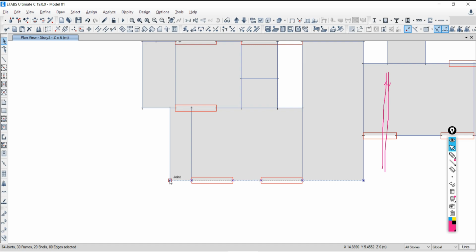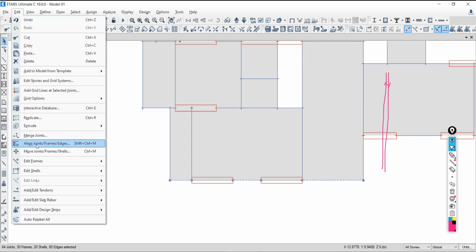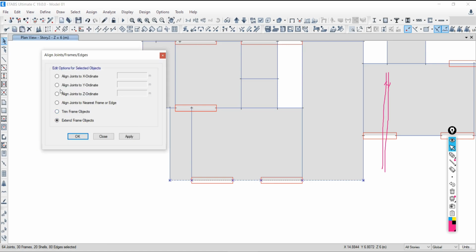About y, sir? Yes, now you got it. About y we have to correct it. Okay, just go to edit, go to align, joint and frame and all. Click over that. About y, find out the point. It is about y, meaning 5.4552. Those who are not getting it, just focus on this point. Take your cursor to the joint. 5.4552. Now simply say apply.